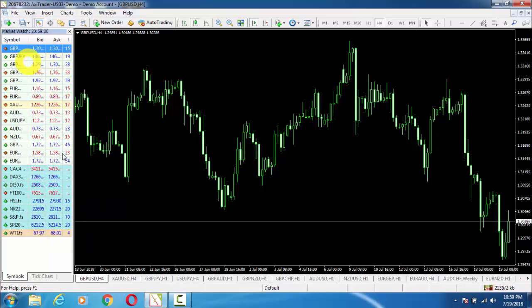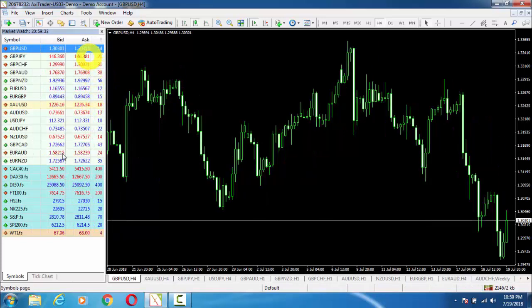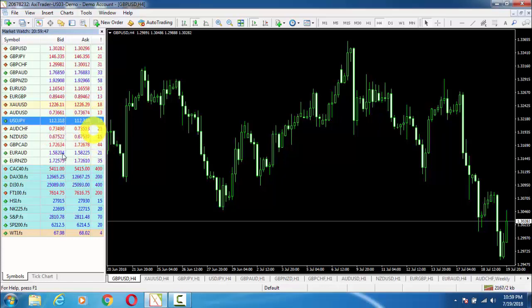So once I click on that, it will show me the spread of that pair. Like here, GBP USD 1.5, GBP JPY 2 pips. If I want to make it a little bit bigger, I will make it. GBP CHF 3 pips, Euro USD 1 pip. So here we can see USD JPY spread, all of those pairs' spread. So this option is going to be very important and it should be clicked.